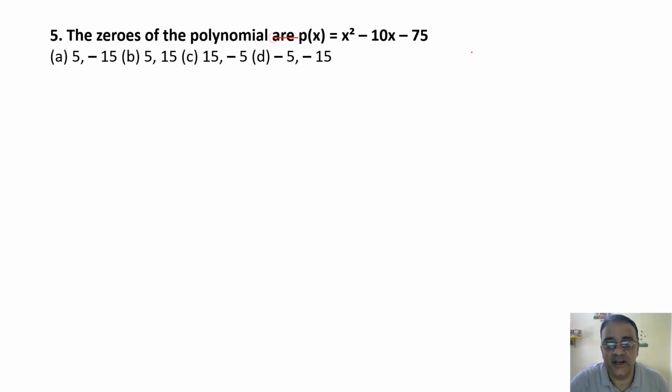Polynomial यहाँ पे आ रहेगा x square minus 10x minus 75. So here the product is minus 75. ठीक है, प्रोडक्ट जो है वो -75 है और सम जो है वो -10 है। तो हम लोग क्या करेंगे, 75 का दो फैक्टर जिसका डिफरेंस 10 होना चाहिए,